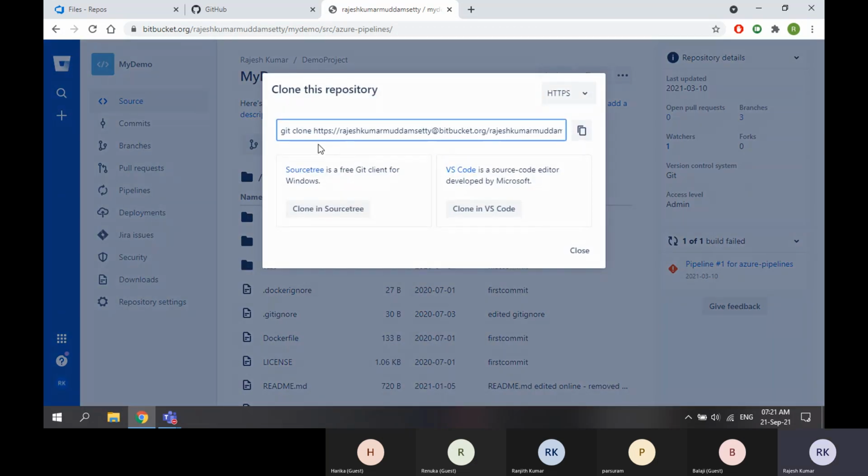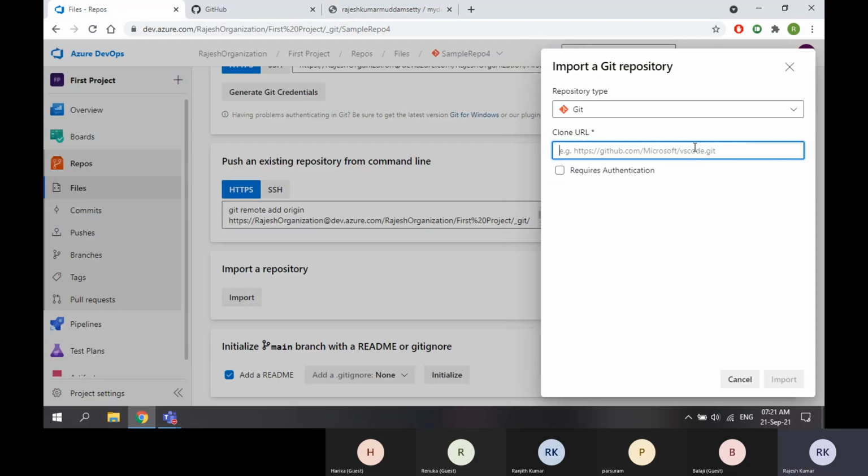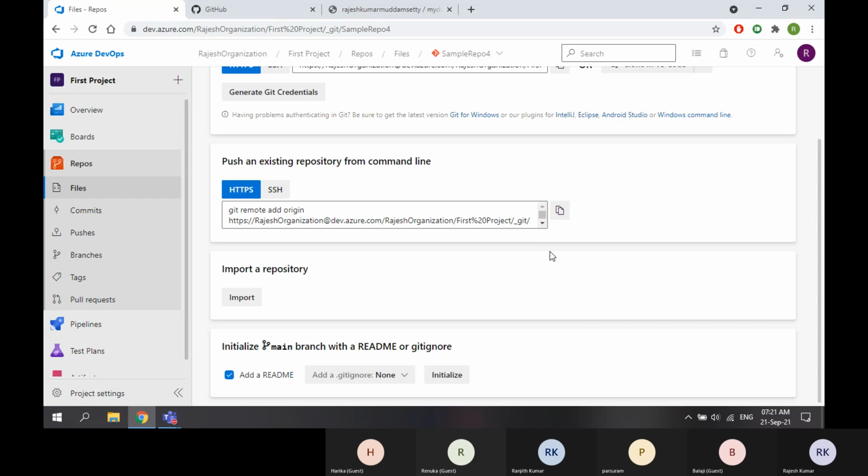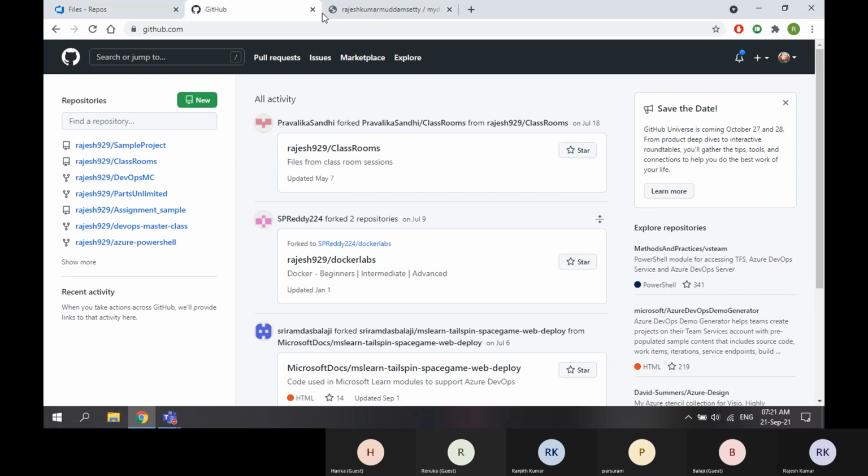See, this is the URL. So you need to take this URL. So you can import the repository from Bitbucket to Azure Repos. I will tell you about Bitbucket and GitHub as well in our next sessions.